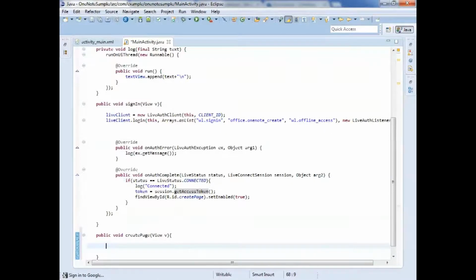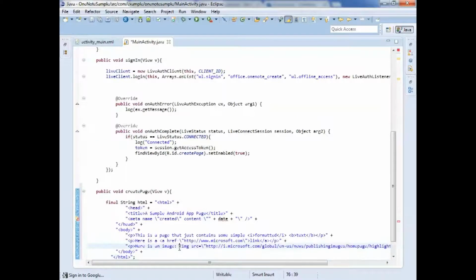Now, to save some time, I'm just going to go ahead and copy paste a sample that I've prepared before. So I'm not going to type all of this HTML, but it's interesting to note that effectively the page in OneNote, the actual definition of a page, makes use of a subset of HTML. So if you're familiar with HTML, if you've done web development, for example, you'll recognize all of the tags inside here. For example, a head tag, body tag, paragraph tag, even some formatting, an actual hyperlink tag there, and even